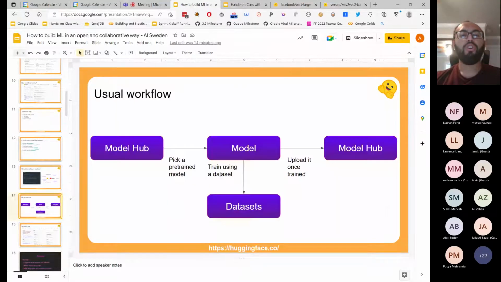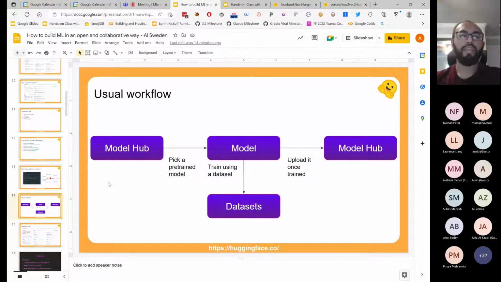Okay. So what does this allow researchers to do? Why is this so powerful? So before the Model Hub, a lot of times researchers would be spending time retraining models from scratch. Now you can actually take a model from the Model Hub, and once you have it, you can fine tune it on your own data. And then once you're done, you can upload it again back to the Model Hub. And this is pretty convenient. And also, by the way, I should mention that you can also fine tune it or train it on data